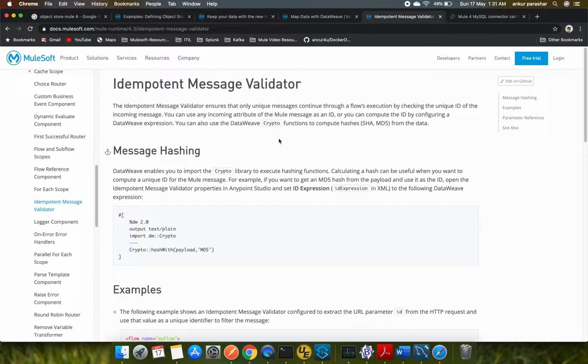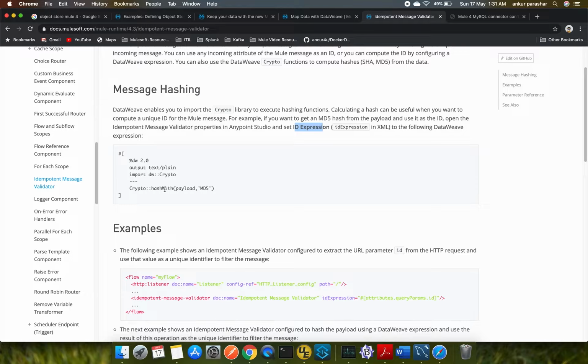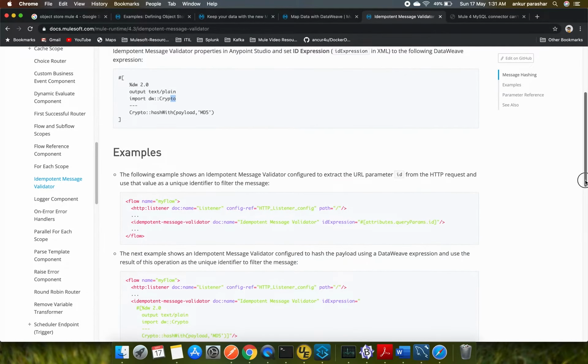So you can use any manipulation inside the id expression of it. Okay, and here they are basically changing the payload using MD5 hash and putting it into the crypto imported text plain format. So it's up to us what level of complexity we want.